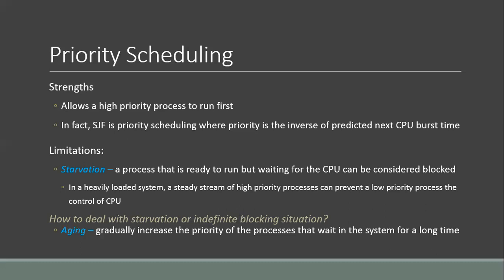For example, in a system in which priorities range from minus 127 up to 0, there is a process with the lowest priority, that is minus 127. What we can do is decide that after every 15 minutes, we will increase the priority of this process by a fixed value. This value may be 5. That is, we will add 5 to the priority of this process after every 15 minutes. So this is known as aging.